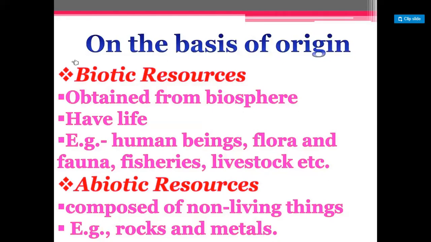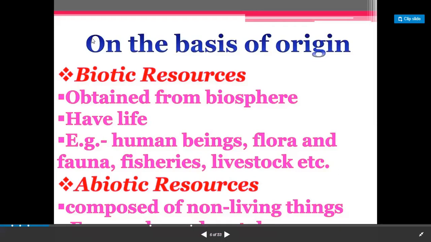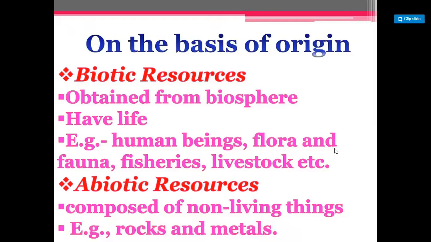Biotic resources are obtained from the biosphere and living organisms like human beings, plants, and animals that have lives. All human beings, flora, fauna, fisheries, livestock, etc. And now, abiotic resources are composed of non-living things, or we can say resources obtained from non-living things. Example, rocks and metals. After that,